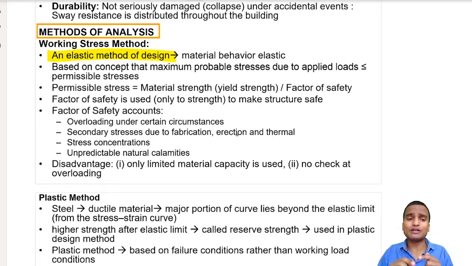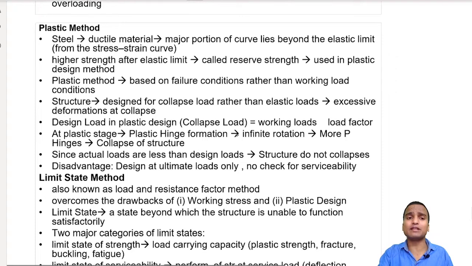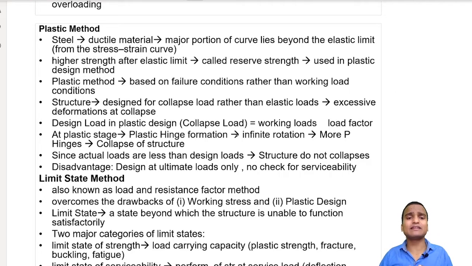Okay, now we come to the plastic method, which is called the ultimate load method. We design basically for the ultimate loads, and of course we do not check here also for the serviceability. So we use the entire plastic region of the stress strain curve in this design method, and we know that there is higher strength after the elastic limit, and that strength is called reserve strength, which is used in the plastic design method. And in the plastic design method we assume the formation of hinges, and the structure is designed till the collapse